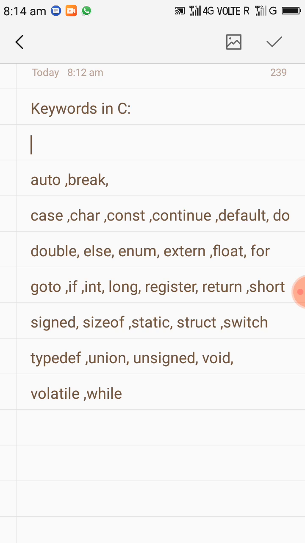Auto is a keyword, and when we declare a variable, by default any variable is an auto variable. Auto variable means it is a local variable. Okay, and next